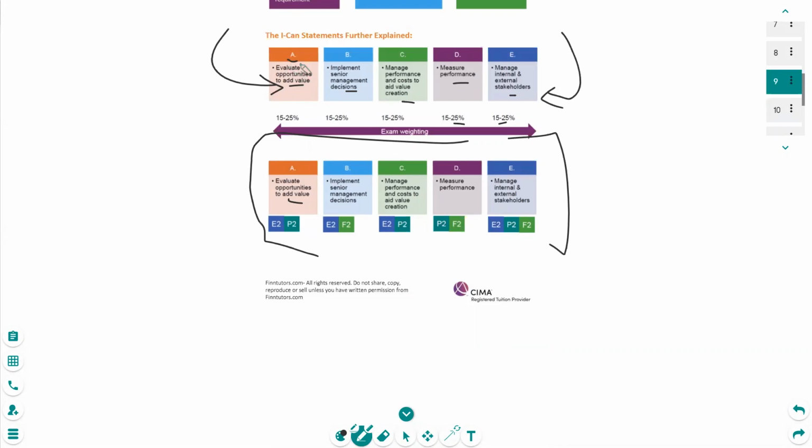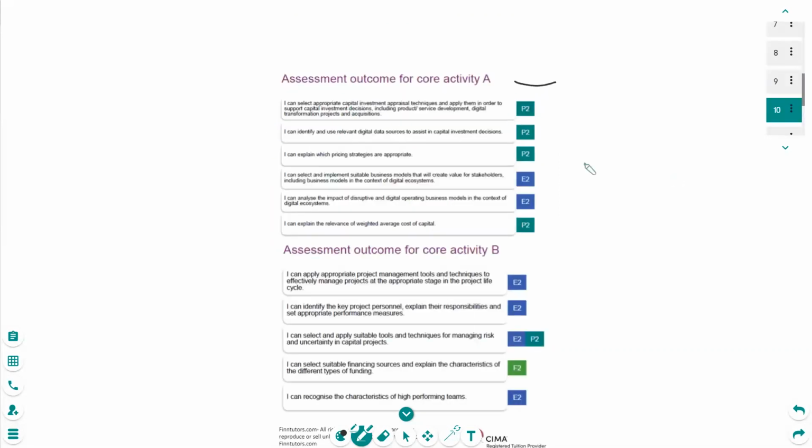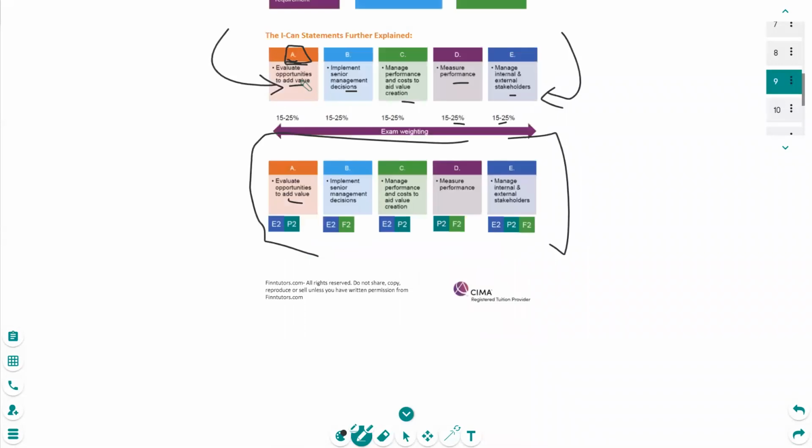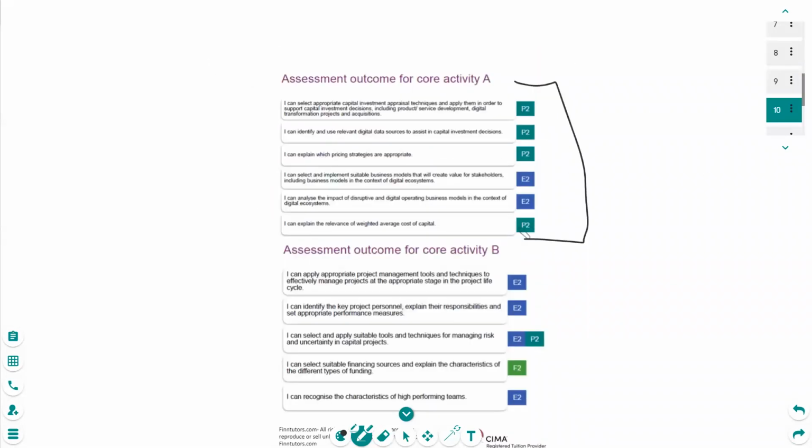So that's core activity number A. Each and every core activity is further broken down, is further divided into I can statements, which are specific learning outcomes which you need to develop from your E2, P2, or F2 syllabus respectively. So the first one was evaluate opportunities to add value.